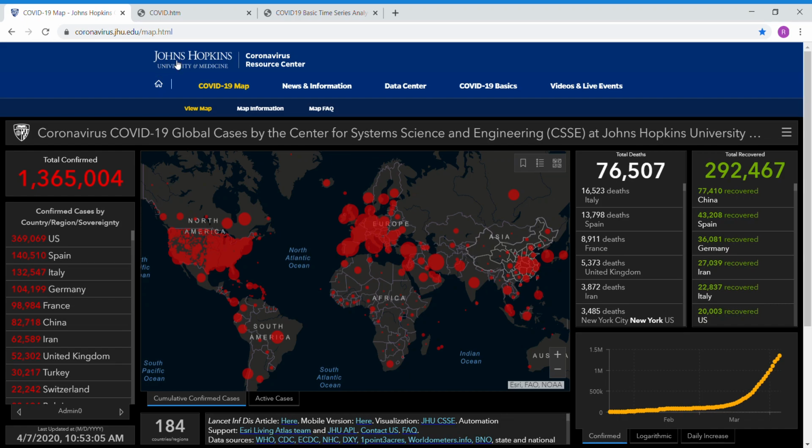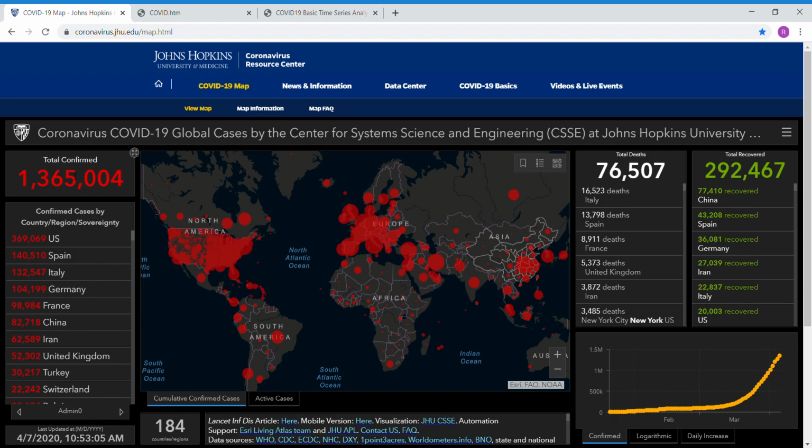The coronavirus pandemic is in the minds of everybody right now, and I think there are multiple sources of information. The one that I like the most to keep myself informed is the one provided by Johns Hopkins University, and they have this map that shows the total number of confirmed cases, deaths, and the total recovered. Very likely this number is very low compared to the total number of infections, maybe by a factor of 10